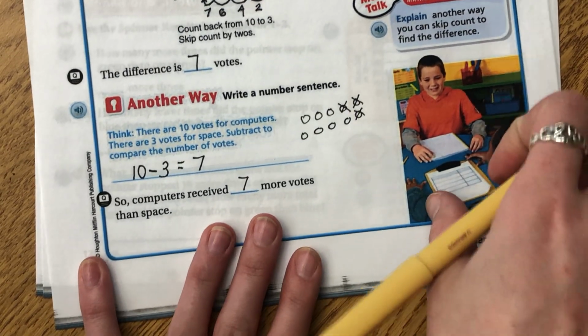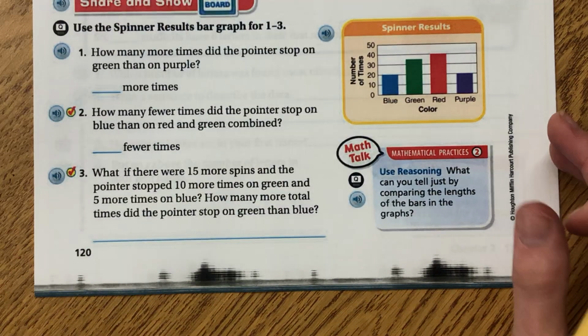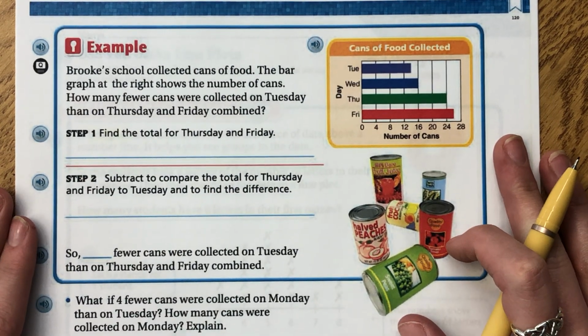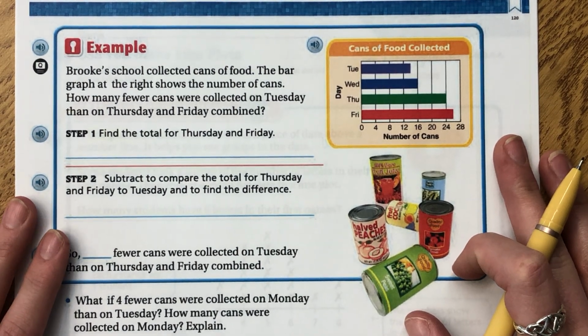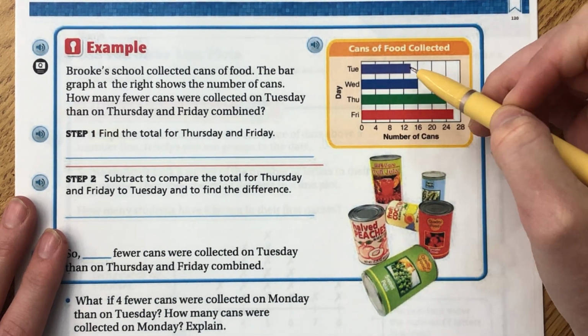All right, so now let's take what we've learned and let's apply it on the next page. So flip the page to 120. When we look at 120, we've got a new graph. So before I even answer the questions, I know that I can go through and I can write the totals first. So Tuesday